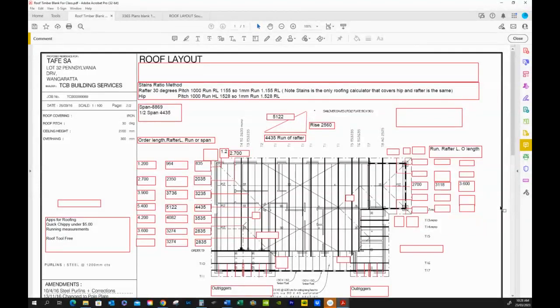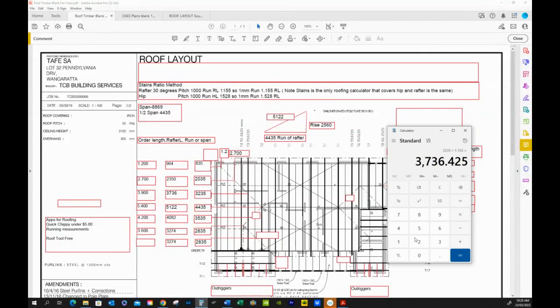All right. Okay, so now let's have a look at the hips. Now they're interesting characteristics. They have a lot, because they actually span to actually get to this point from here to here at 45 degrees is a bit of a job. So Staines is the only calculator that covers this ratio. So what we do, we go 4435, and let's grab our calculator again and clear it. 4435 times 1.528 equals 6 meters